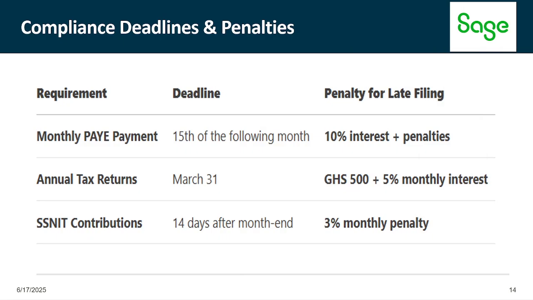Compliance key deadlines. I think these are the things that bring embarrassment for payroll and HR managers. Missing deadlines: PAYE must be paid by the 15th of the following month. If you miss the deadline, the penalty is 10% interest plus penalties. The annual tax returns, you must file by 31st March. If you miss it,